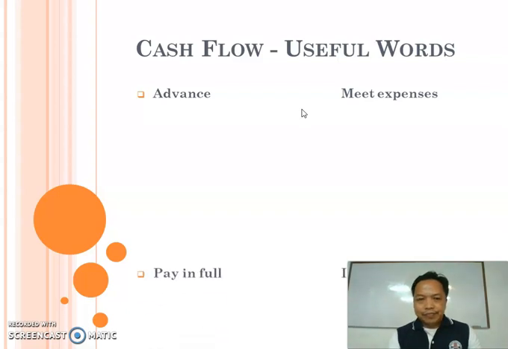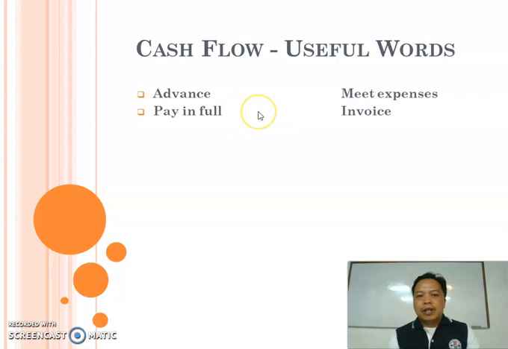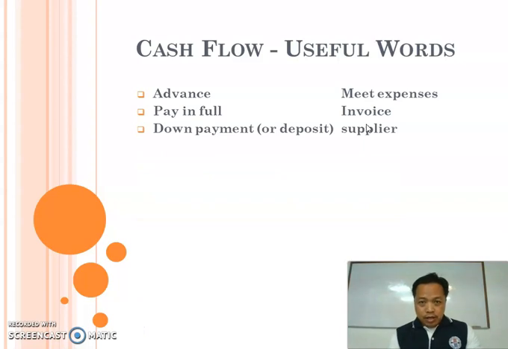We have also pay in full. Of course, you pay the whole amount. Next is invoice. An invoice is to prove that the job has been done. So you are given an invoice. Down payment or deposit, and supplier. So down payment,